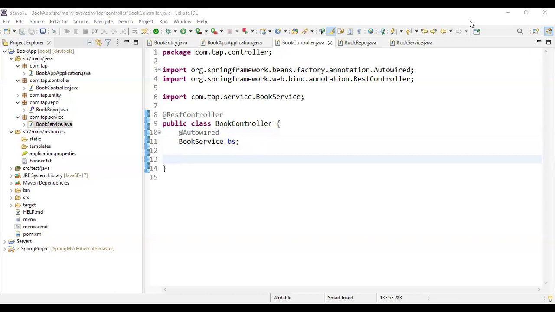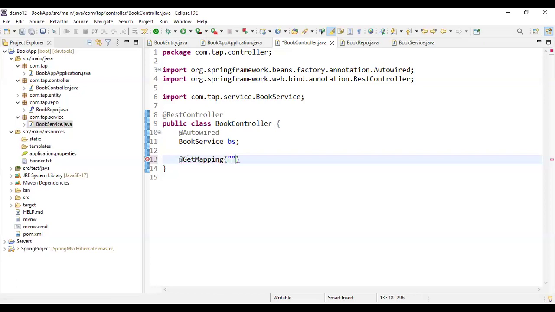Sir, what type of request will I get, sir? See, the request that you will be getting is a GET request, which means the user is going to say, can you get me the data? So it is called a GET request. Whenever there is a GET request, I will have a GetMapping. So I will say @GetMapping